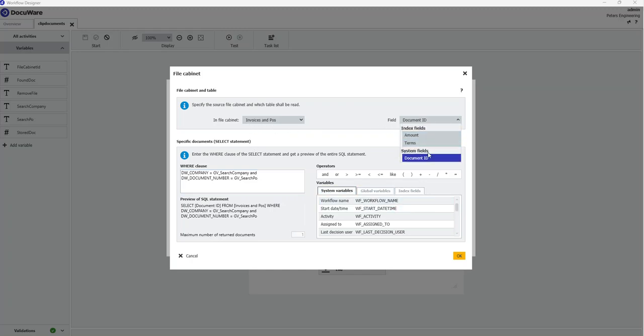The document ID is a system field. It's not assigned by you, it's assigned by DocuWare. For each document, they get a unique document ID related to that particular file cabinet. So I'm telling the system, go into the file cabinet and look for a company that is already stored. There is a document inside that file cabinet that is already stored that has the value of the company that it says on the invoice,